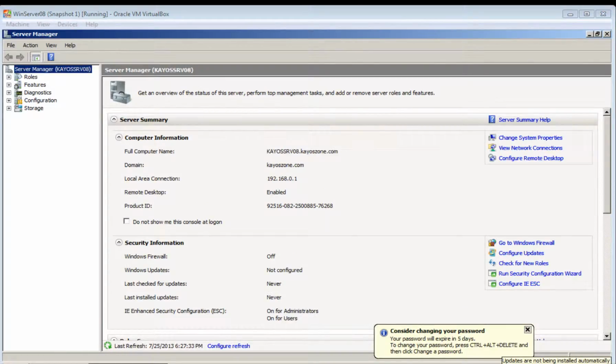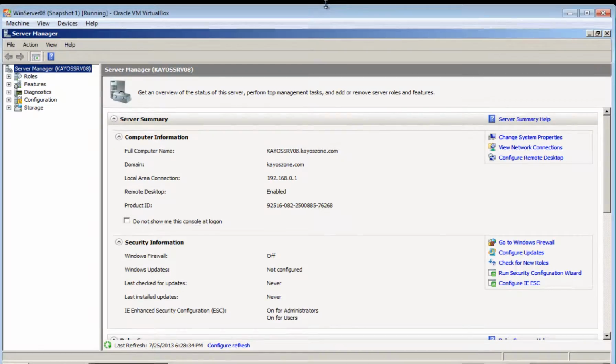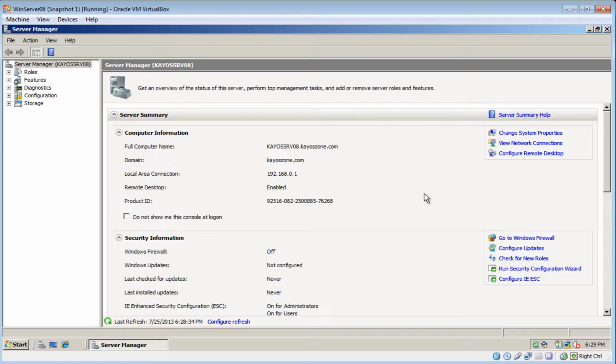In order to go about using WDS, you need to have some prerequisites installed. Those being Active Directory, DHCP and DNS. Once we have those properly installed and running, we can go ahead and set up our Windows Deployment Services. So to start, we'll come to our Server Manager